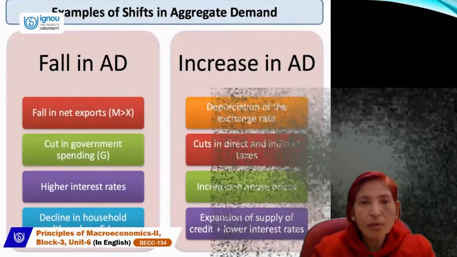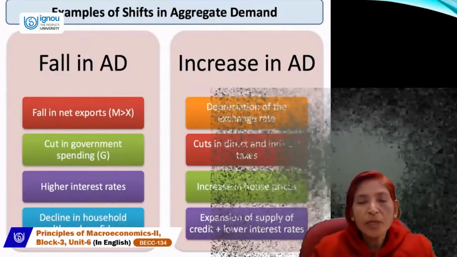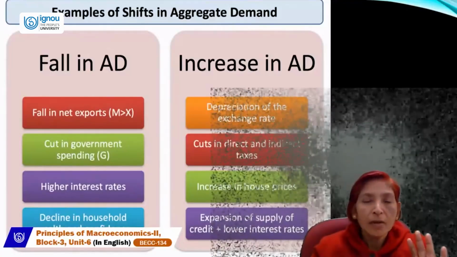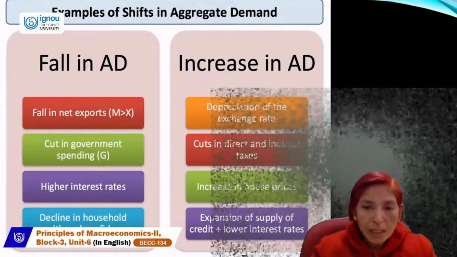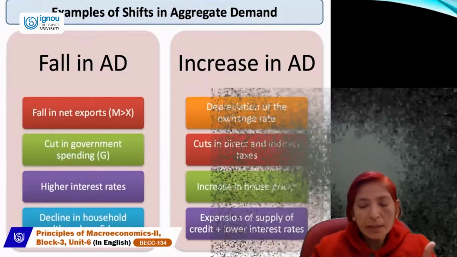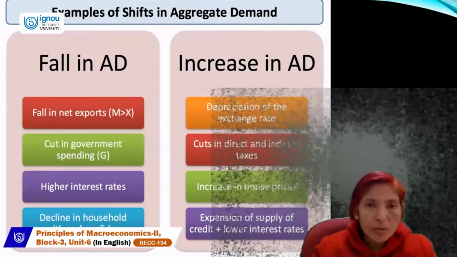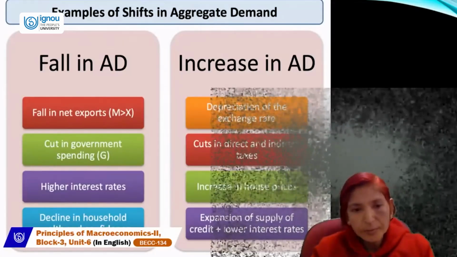Next, the aggregate demand curve can shift, or aggregate demand may increase or decrease. We have discussed all these points: aggregate demand may increase due to increase in income of the consumer, due to increase in government expenditures, due to increase in money supply, and if we take the reverse or opposite situation, then aggregate demand may fall also.